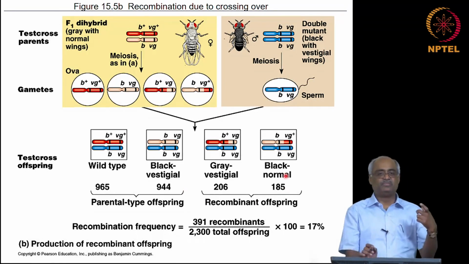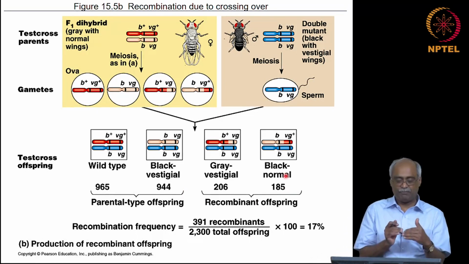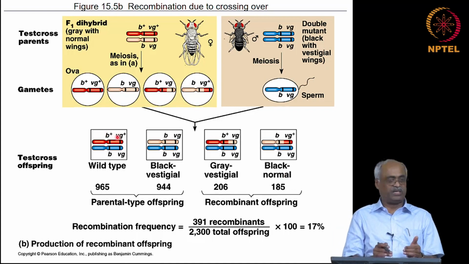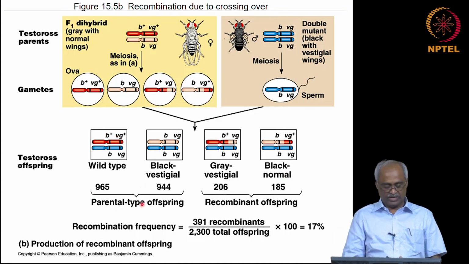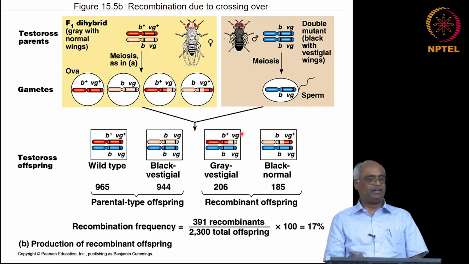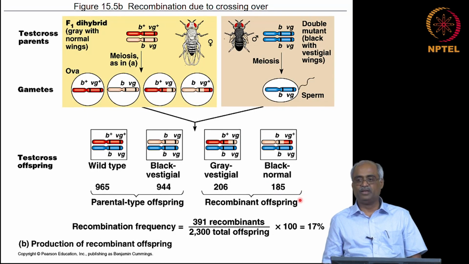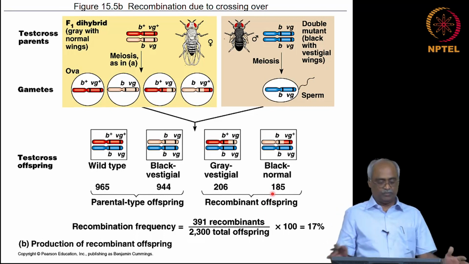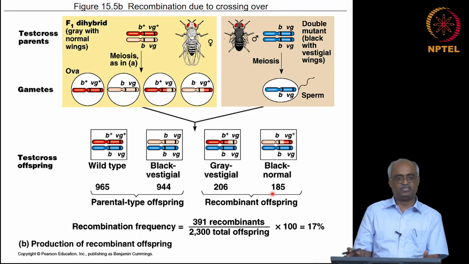In most of them, the swapping did not happen between the P and VG loci, and as a result most of them ended up parental, resembling either one of the two parents. In some of them, where that crossover or recombination happened, you ended up having recombinant offspring. Okay. So, in this particular example you can determine the recombination frequency by calculating among the test cross progeny,